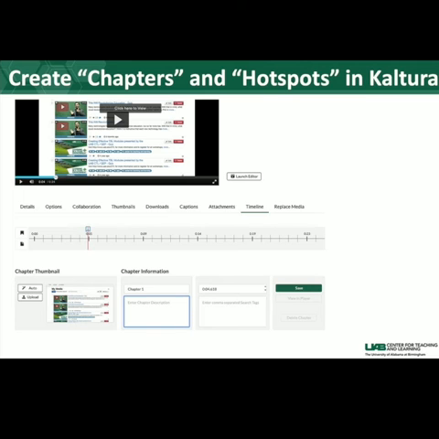If you're dealing with pre-recorded video content that can't be re-recorded and broken up into reusable learning objects, consider using the chapters feature in Kaltura to divide your lecture into shorter viewing assignments for students. Ask them to watch only shorter chapters at a time rather than an extended video, ensuring more engagement with the